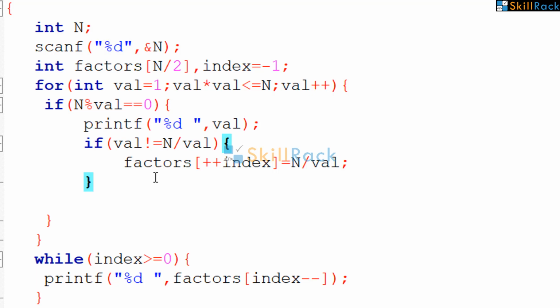So, what have we achieved? For 100, now you are iterating only till 10. Otherwise, in n by 2, we would have iterated the loop, that is the loop would have been executed 50 times. So, for a huge number like 10 power 6, we need to iterate only 10 power 3 times because for 10 lakhs, the square root of 10 lakhs is 1000. So, this is a huge improvement.